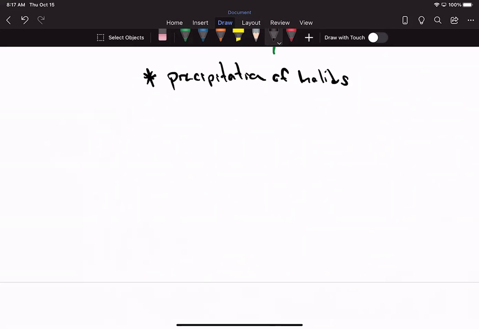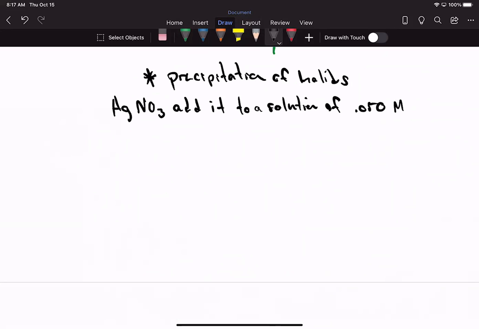If we propose some kind of problem, let's take some silver nitrate and add it to a solution of 0.50 molar chloride, and we're going to also add it to 0.050 molar bromide,